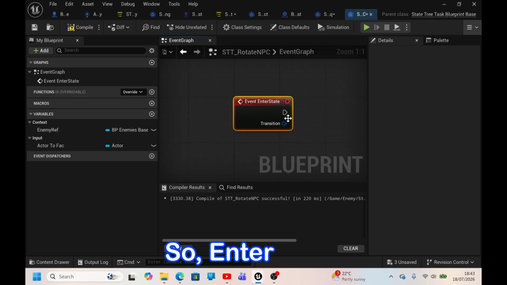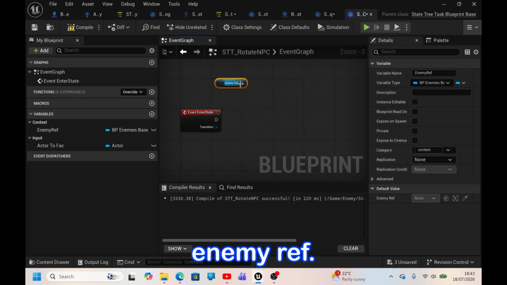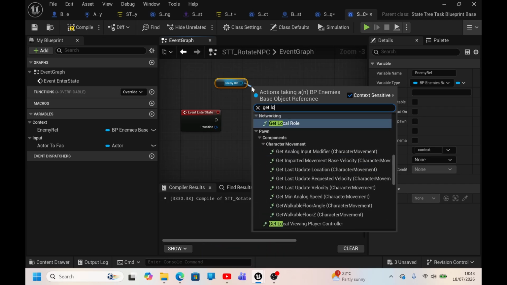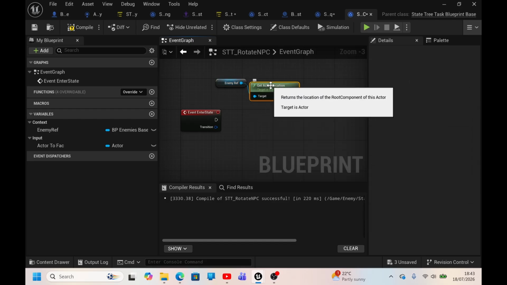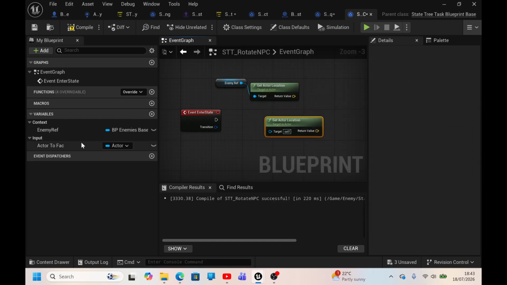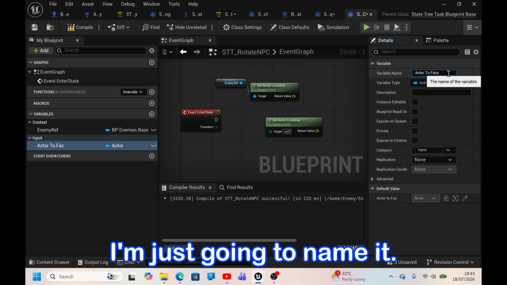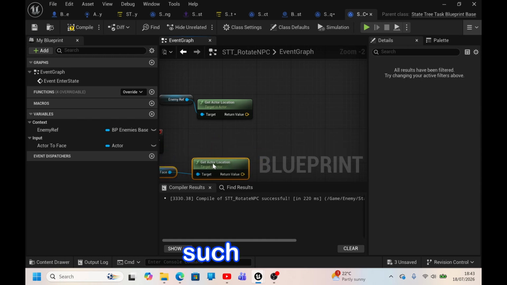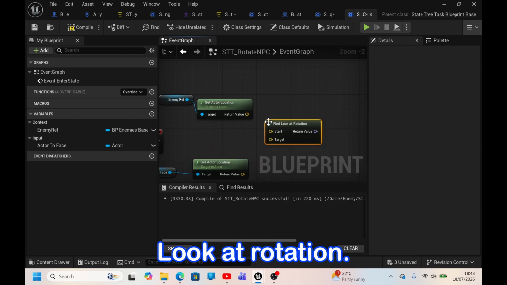So enter state, get enemy ref, get location, get actor location, duplicate it, and I'm just going to name it actor to face. I'm going to do the find look at rotation,